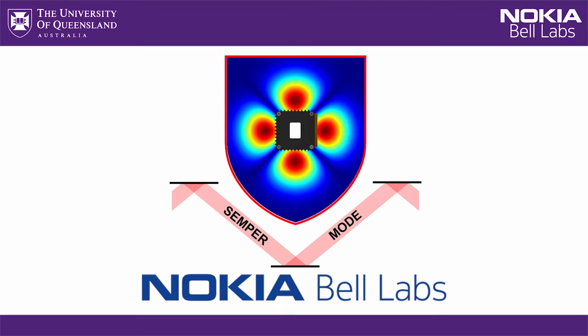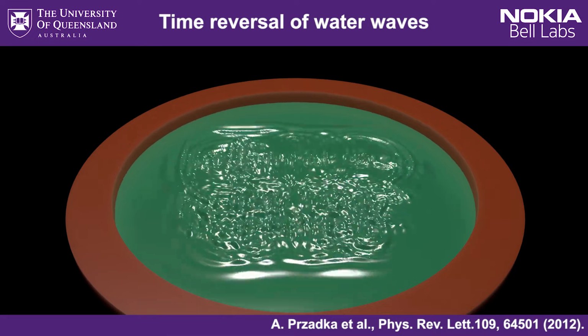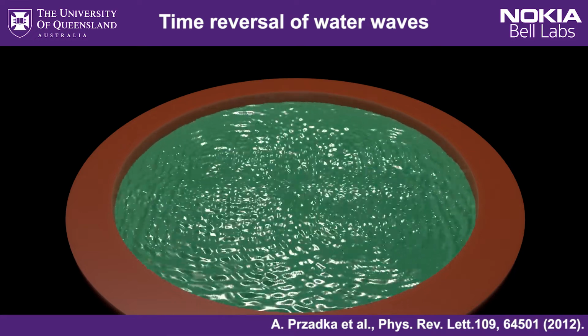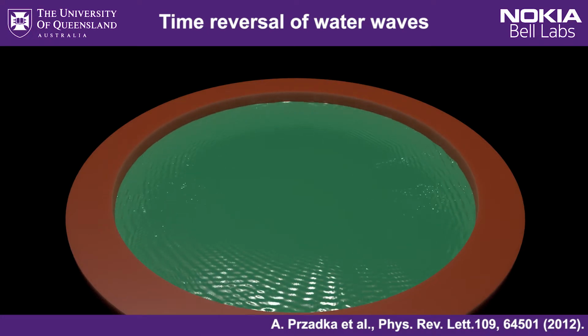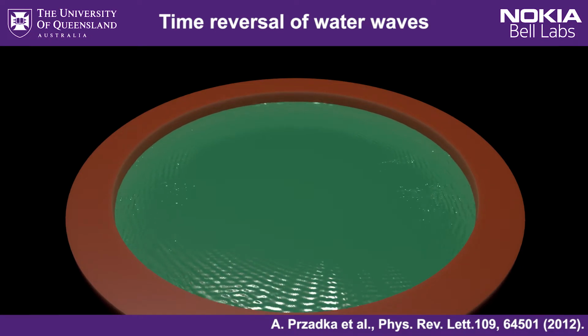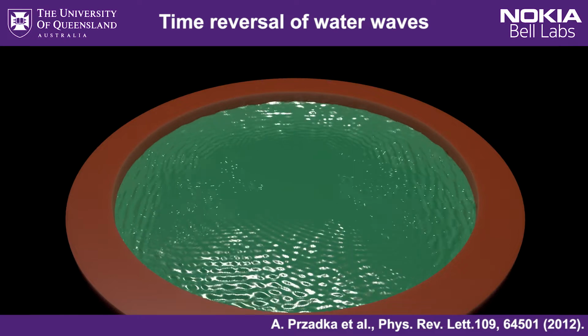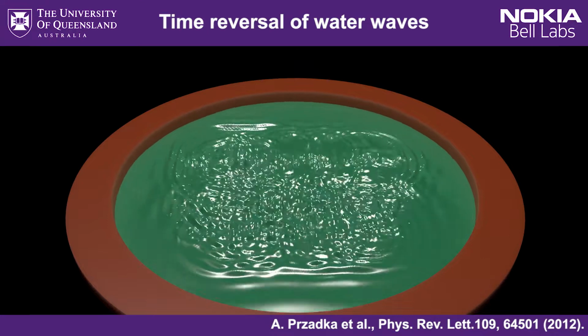But I'm actually going to start with time reversal water waves because they're pretty straightforward to visualize. Here we have a tank of water. We disturb the water by dropping in these logos, and the waves from that disturbance propagate out towards the boundary of the tank. Now imagine the walls of the tank have the ability to record the waves and can then vibrate to recreate those waves in the time reversed order. In doing so, it will create the time reversed wave, which will propagate as if we're watching a video of that original disturbance in reverse, until it ultimately recreates the indent of the logos at the instant they hit the